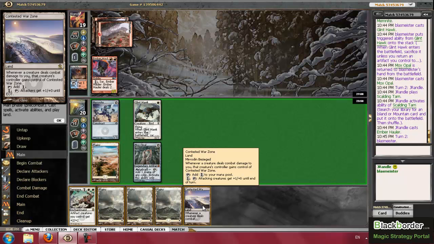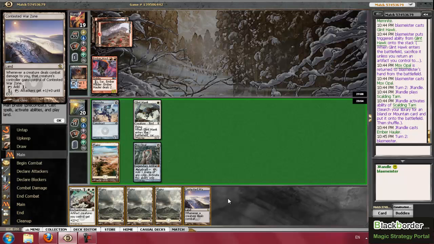So we don't really get to cast anything. The question becomes whether we play Plains out so we can definitely have Tempest Steel next turn, or we play Contested Warzone out and get him for extra damage. It's kind of like Bushwhacker and